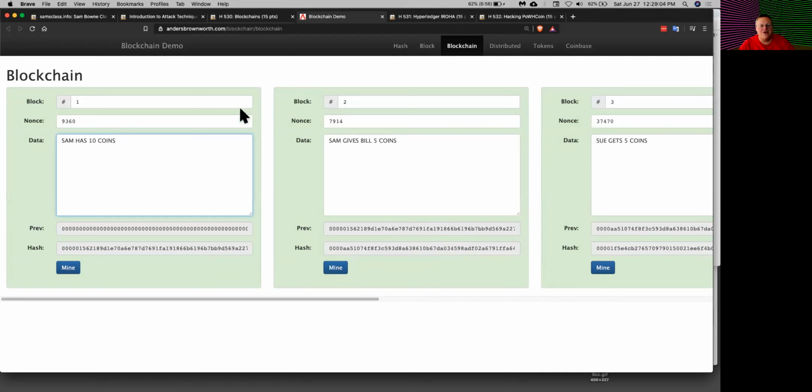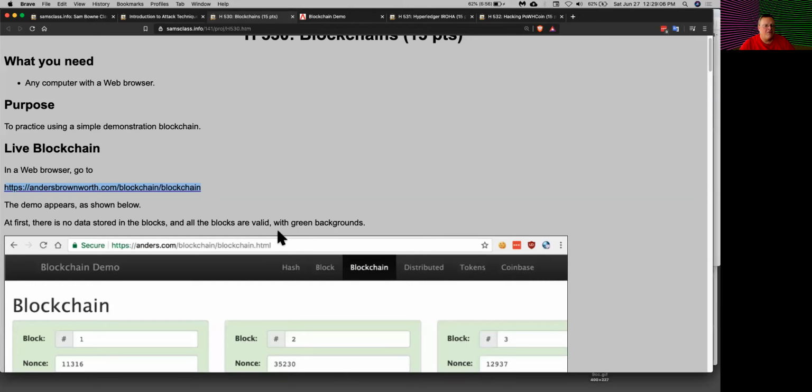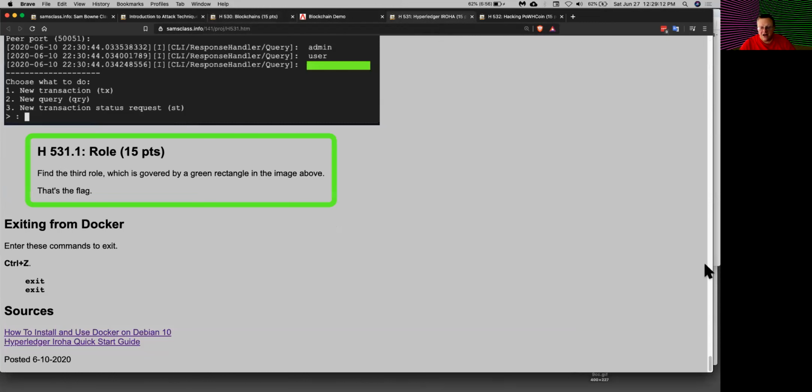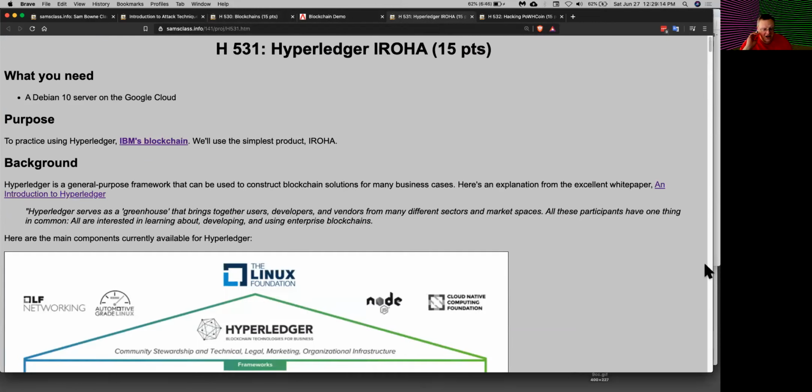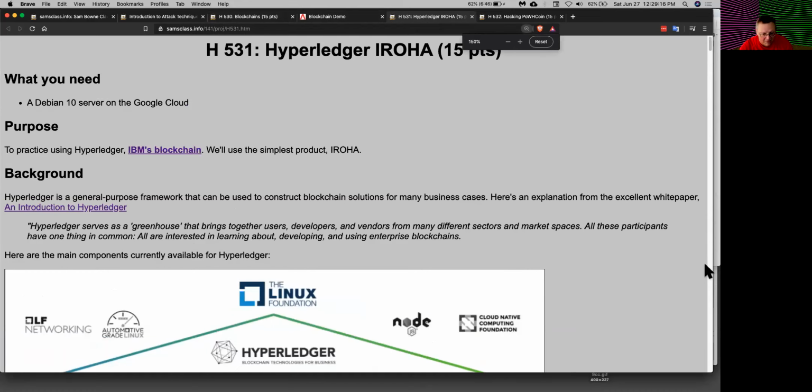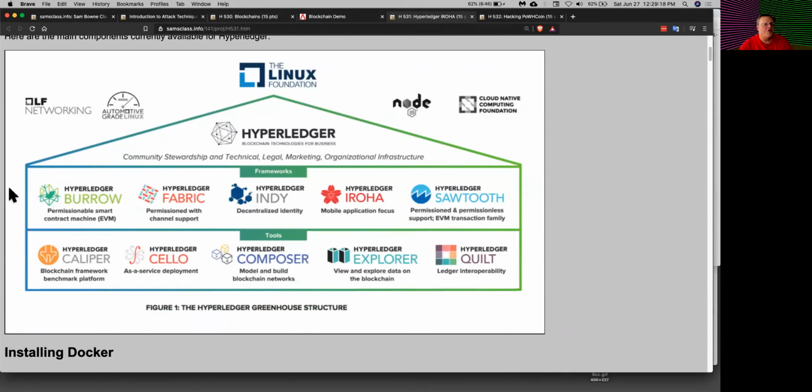And you can play with this simple demo. And there's some flags you can find here to show that you've got that working. And then you can set up a real blockchain. Now, Hyperledger is IBM's entry. IBM is a big entry in blockchains, and they have developed a whole suite of blockchain products for real business cases. And one that I used before was Hyperledger Composer, which used to be just a simple blockchain you could make right in a browser, but for some reason, they've taken that away, the playground for Composer.